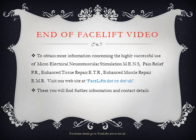To obtain more information concerning the highly successful use of microelectronic neuromuscular stimulation, or MENS for short, pain relief, that's PR for short, enhanced tissue repair, ETR for short, enhanced muscle repair, EMR for short,